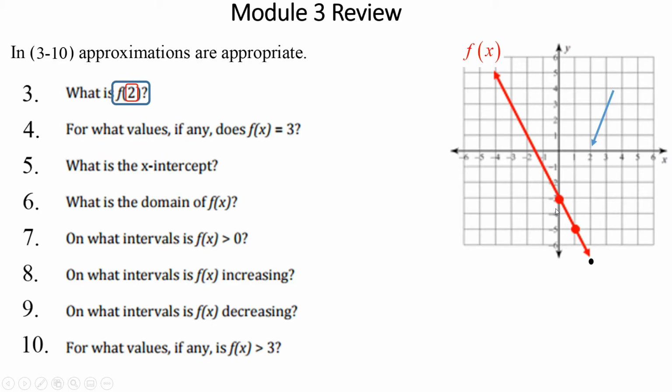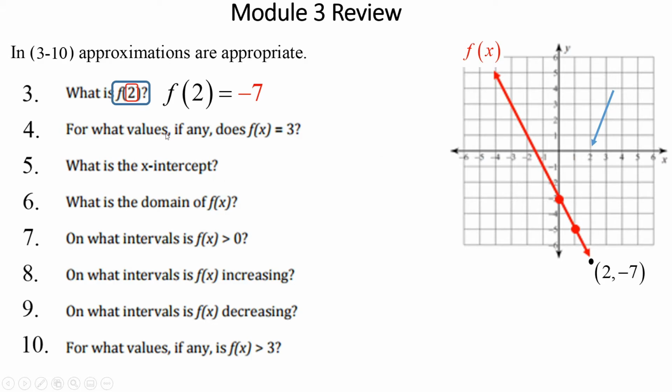Look at this, -4, -5, -6, I think that's about -7. So I'm going to say that f of 2 equals, and again, I'm going to go ahead and write the ordered pair right here. When x equals 2, y equals -7. So f of 2 equals -7 in function notation. Now remember too, this is function notation for x equals 2, y equals -7, and this is an ordered pair saying the same thing. The x is 2, the y is -7. Next,